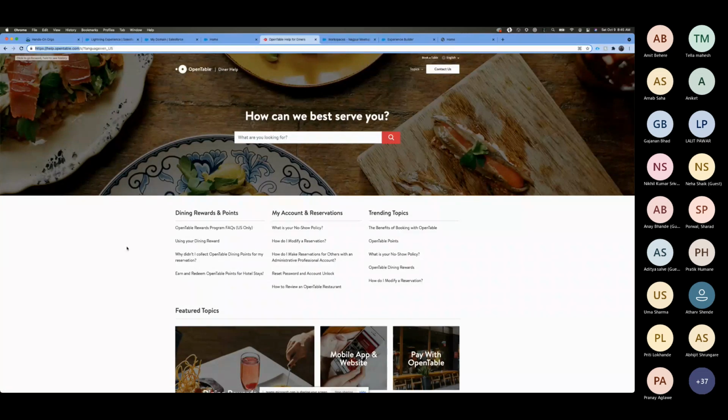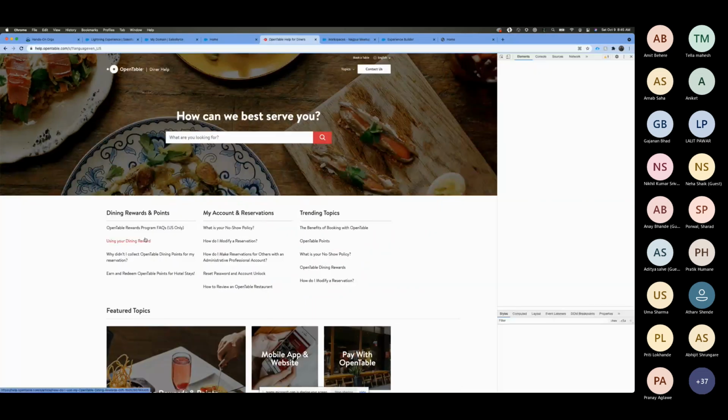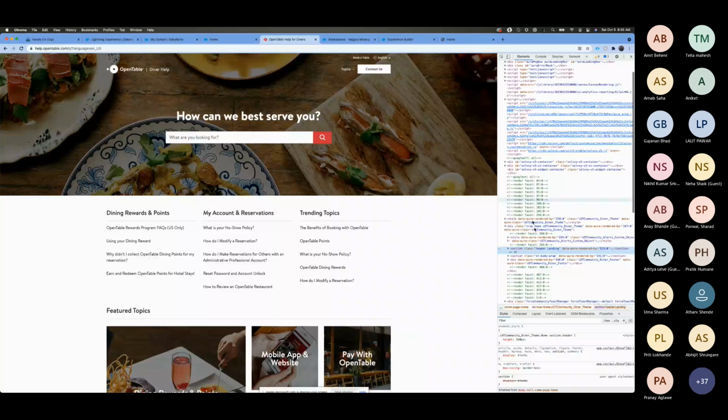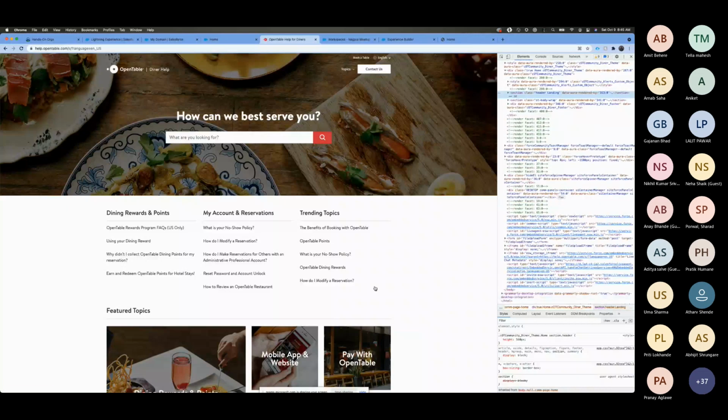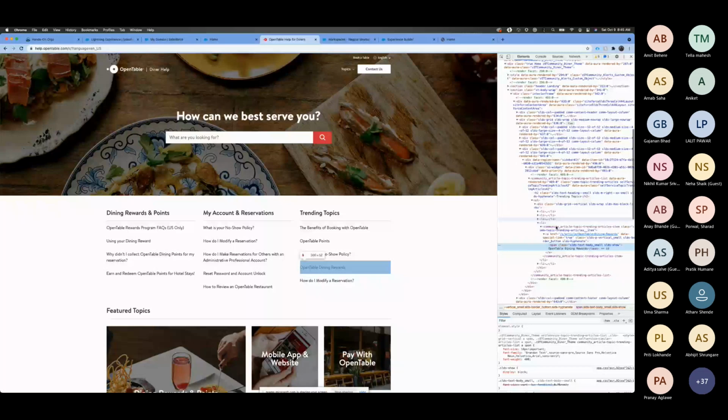If you, as a developer, inspect it, all these are SLDS classes. You will see all the SLDS classes, and this is the community article trending topic. These are all standard classes, and all this is basically built on Lightning web components and Lightning components. Again, you need to configure the My Domain setup.